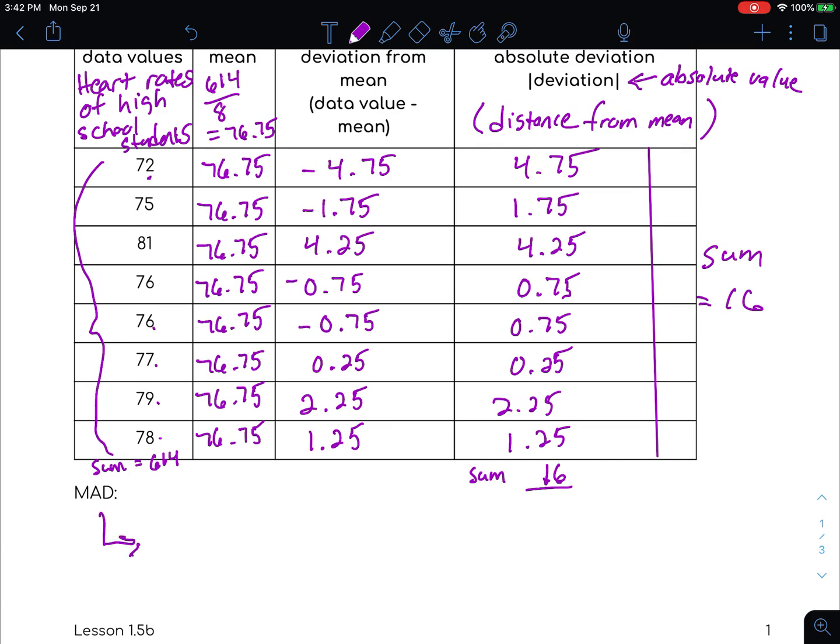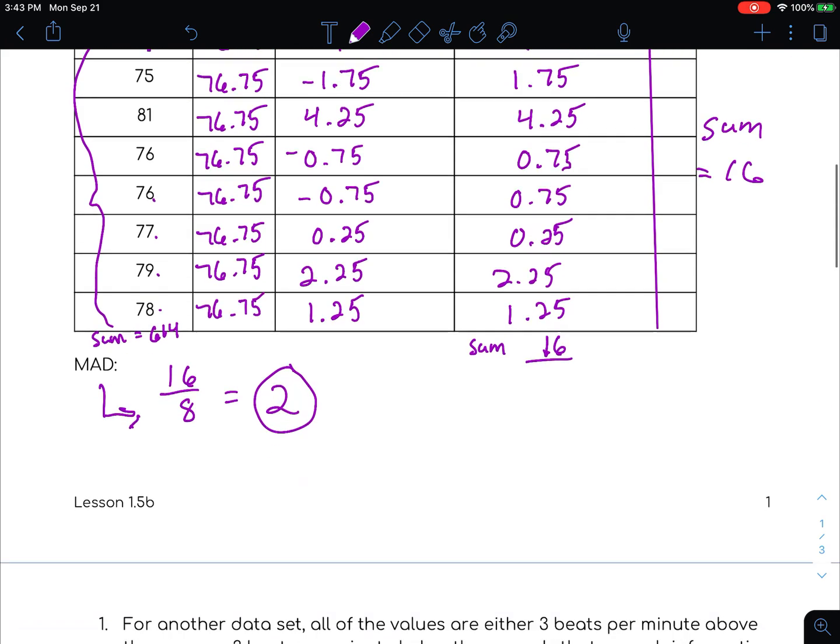The mean absolute deviation, that's what this is now, is we're taking the sum of all of the distances and we're averaging them together. So the total distance was 16 divided by 8 data values, because there were 8 students, and that is 2. So the mean absolute deviation